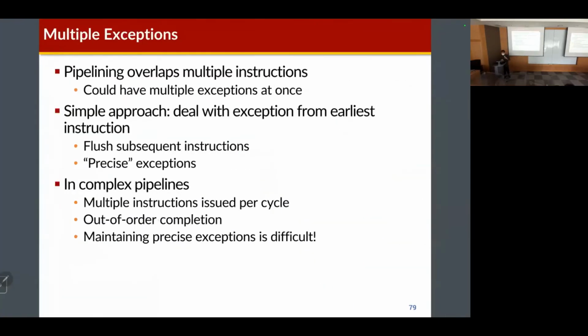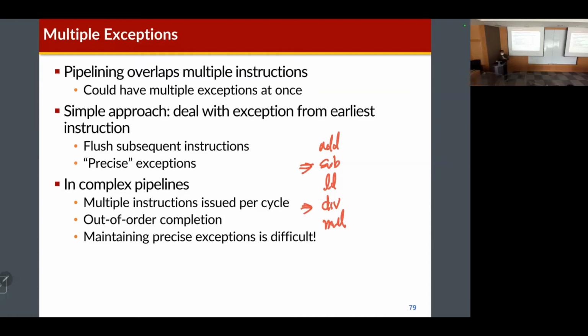Okay. Then let's think about the multiple exceptions. So what are multiple exceptions? It's like this. So add, sub, load, the multiply. So for example, an exception can be detected at the sub instruction, and then also an exception can be detected at the div instruction